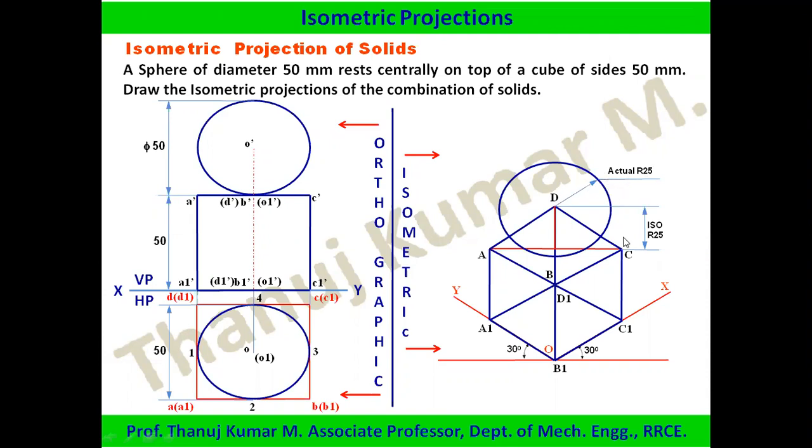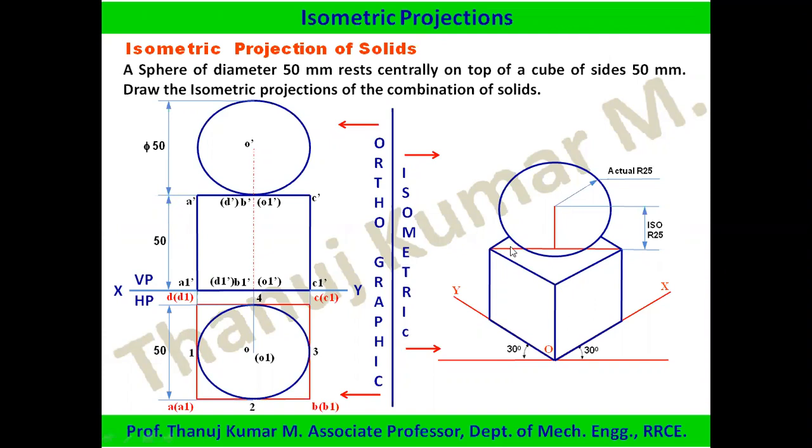After you've drawn, you can remove the hidden lines. I cannot see this line, this distance. I cannot see this line also. I cannot see A1, B1, C1. So I'm removing the lines. This is how we remove all the hidden lines and annotations. Only for your sake I have drawn the annotations; if not required, you have to remove them. If you want, you can retain the construction lines or remove them. I have removed most of the construction lines.